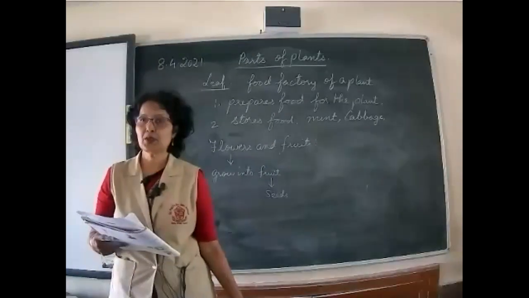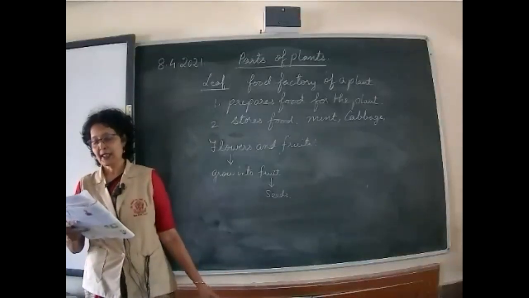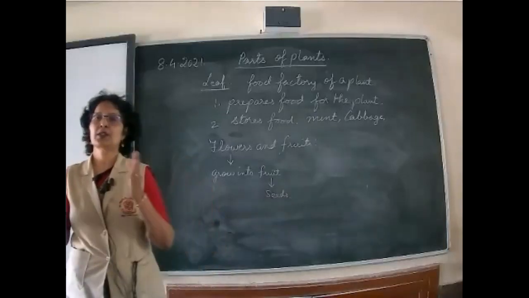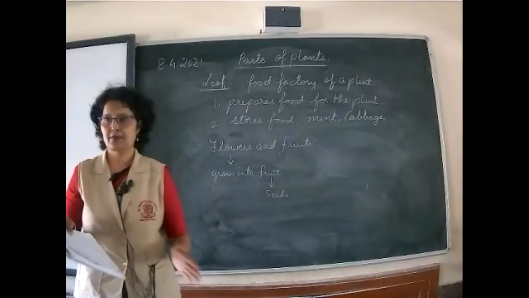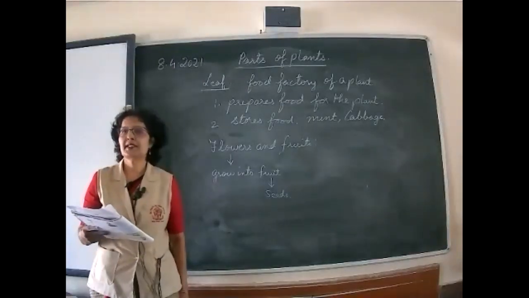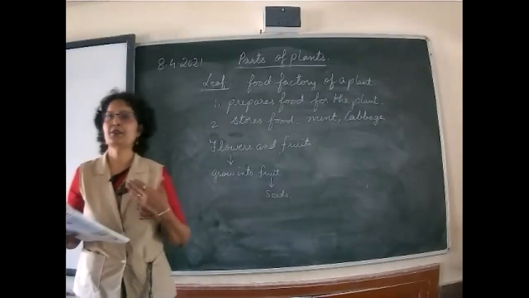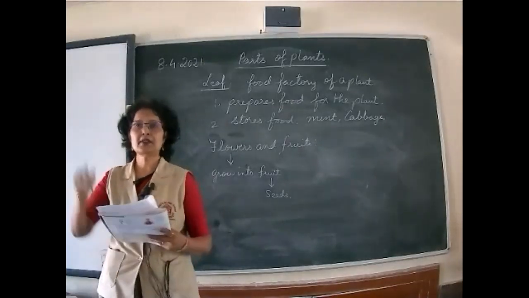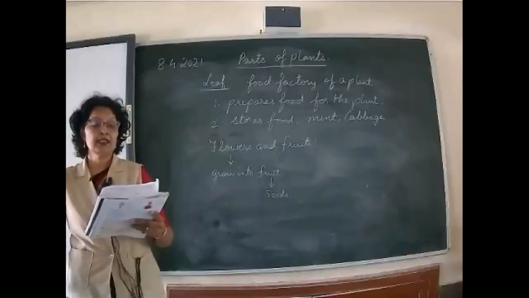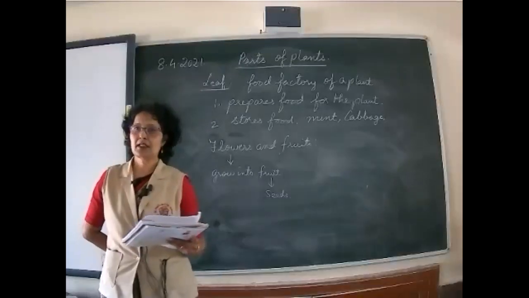Living things need food to live, non-living things do not need food to live. Living things grow, non-living things will not grow. It will be as it is for many years. Living things breathe, non-living things do not breathe. And living things have feelings, we feel, but non-living things do not have any feeling. So these are the characteristics, the differences between living and non-living.